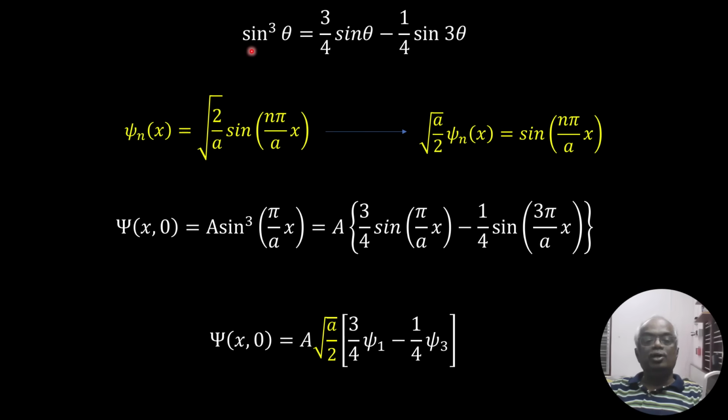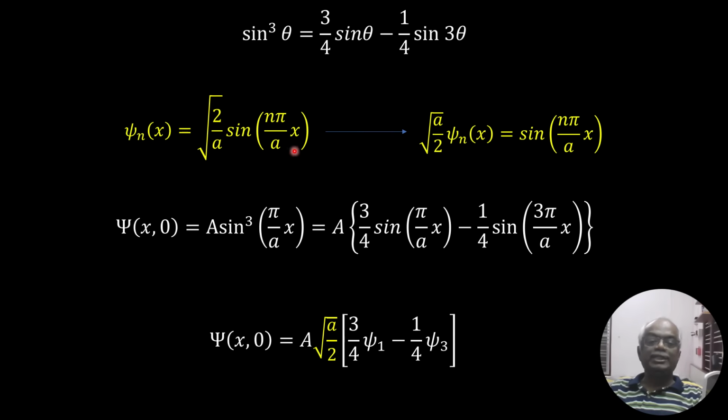So we know that sin cubed theta is equal to 3 by 4 sin theta minus 1 over 4 sin 3 theta. Psi n of x is equal to square root of 2 over a